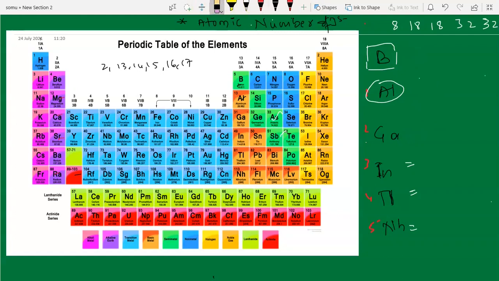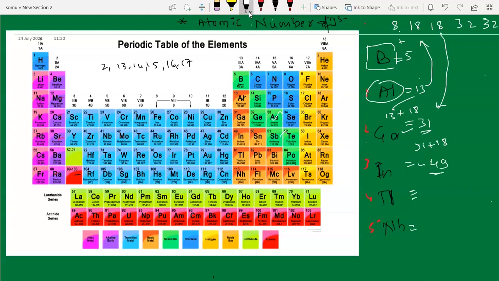Okay, let's see whether this code works or not. So we know this is 5. 5 plus 8 gives you 13. So to find out this, 13 plus 18, you can add it and see, you will get 31 only. This is the atomic number of aluminum, that is 13 plus our magic code 18. So now to find out indium, just add 31 with the next magic code, that is 18. 31 plus 18, you will get 49.